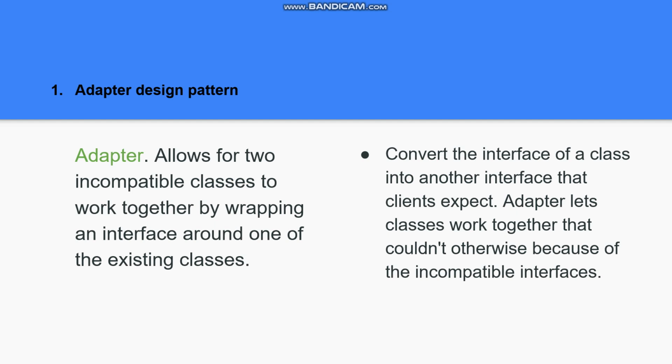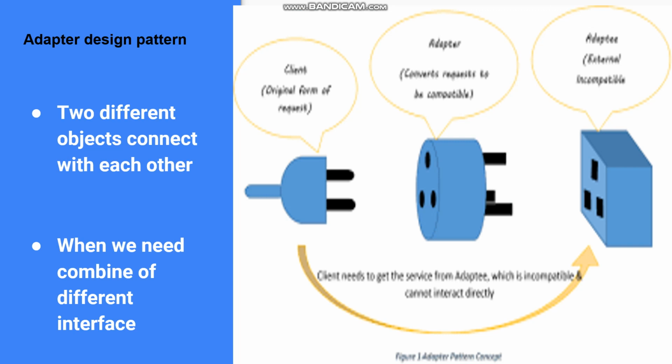It converts the interface of a class into another interface that the client expects. Adapter lets classes work together that could not otherwise because of incompatible interfaces. For example, one switch and one circuit board connect with each other with the help